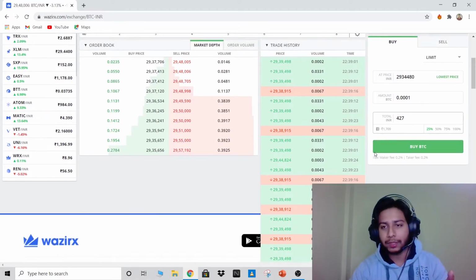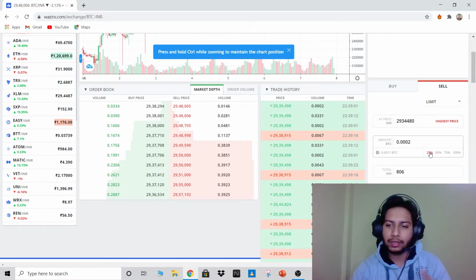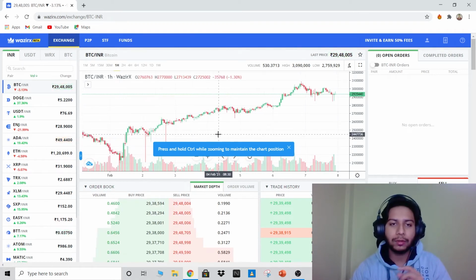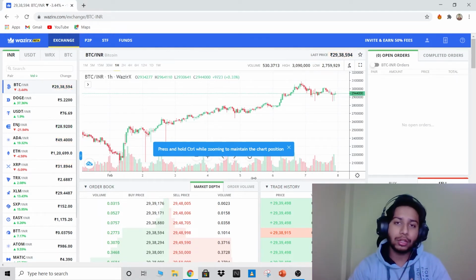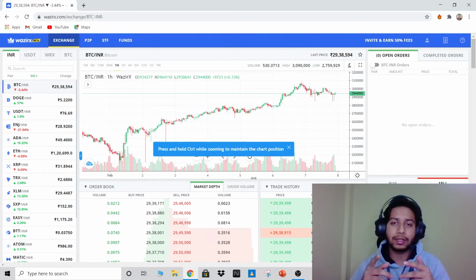Now, after I make the purchase, I can simply sell it. Whatever amount I want to sell, like suppose I have this many Bitcoins, I want to sell 25% of it, 50% of it, or whatever. According to that, the prices will be decided, and whatever is trading at the market in that range, that will be done as your last traded price, and the transaction will take place at that price. So after you have done the transaction, the difference amount, either you have a profit or loss, will be reflected in your funds, and the amount will be deducted or added if it's a profit to your funds.